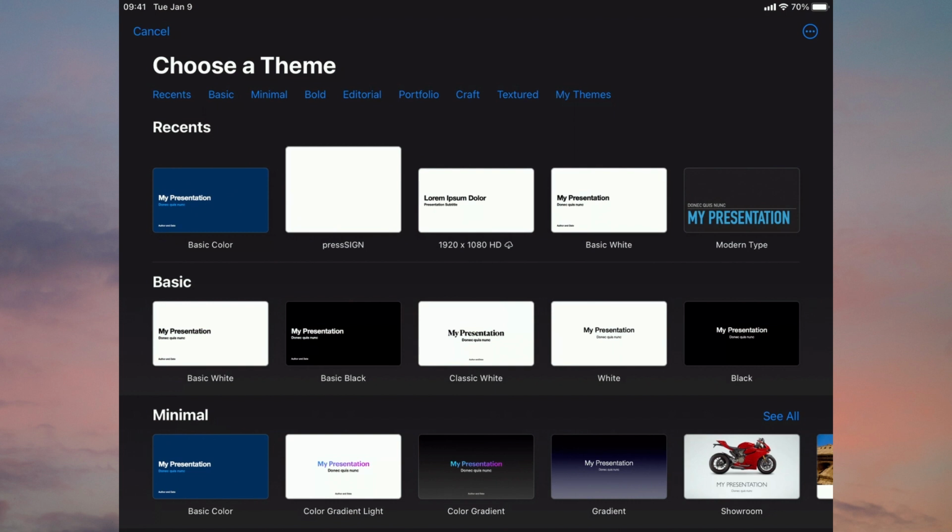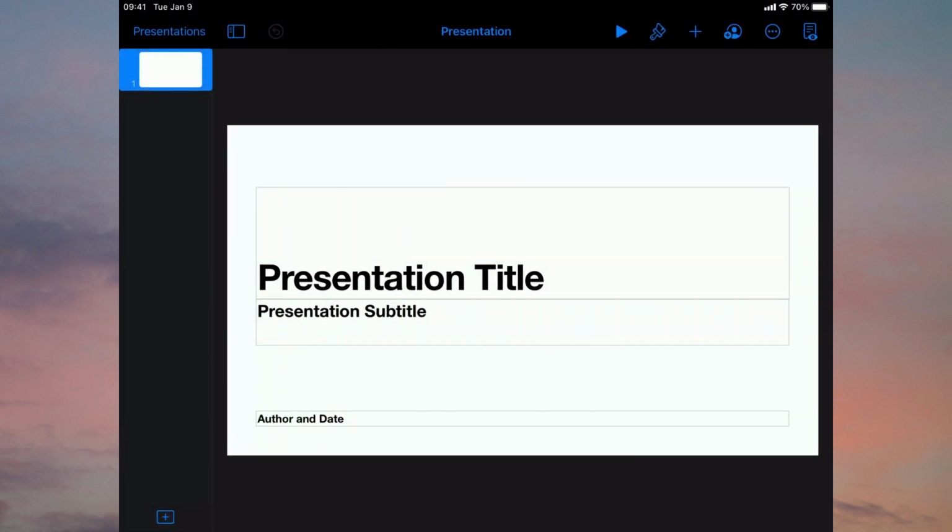Now, in my basic settings, if I choose basic white, that will launch the presentation with a default slide on it. What I want you to then do is click on the plus button at the bottom left of that screen. There's a little blue plus button.